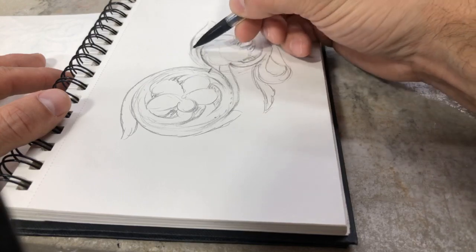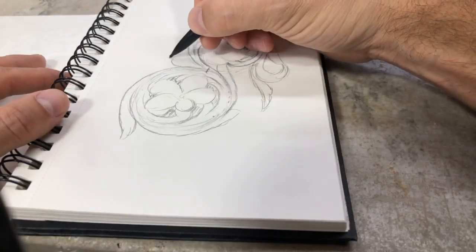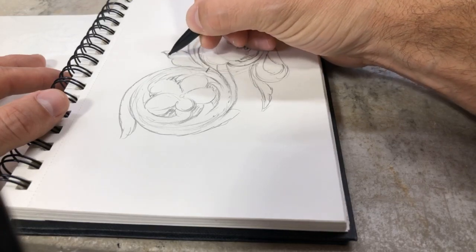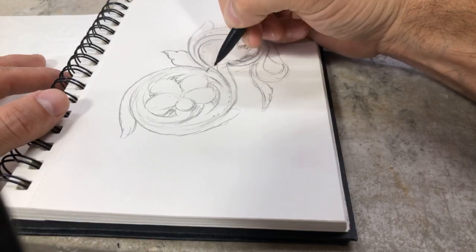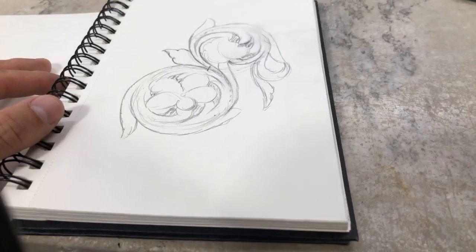Now that's still pulling down towards that transition point. Now we can fill in with some sort of little stump or pod or whatever we want to do there where they transition at. Okay, so